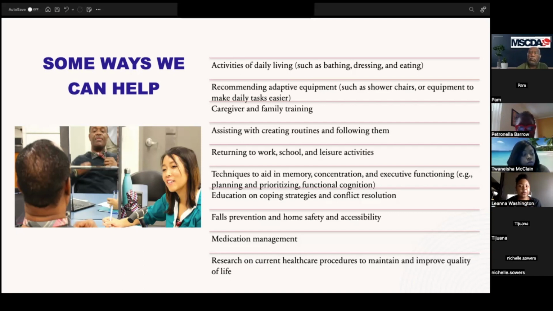We also perform caregiver and family training. So if you've just got a diagnosis, we may go in and give you a little more education on the diagnosis and how things may change for you. If, say, you have to use a walker now or a wheelchair, or you need some of those adaptive equipment, we may show you how to use them and teach your family how to help you into those things and out of them. We assist with creating routines and following them,